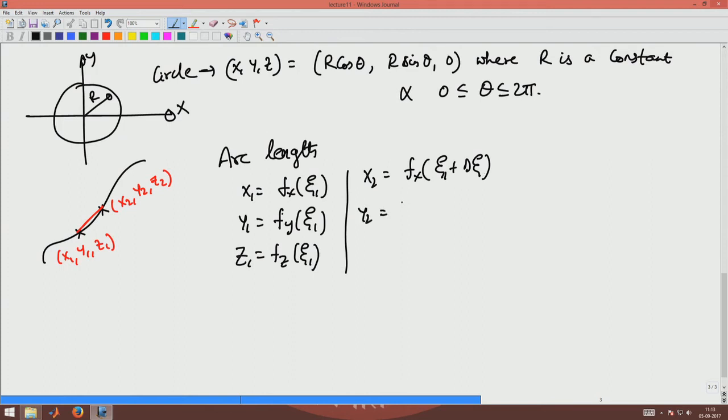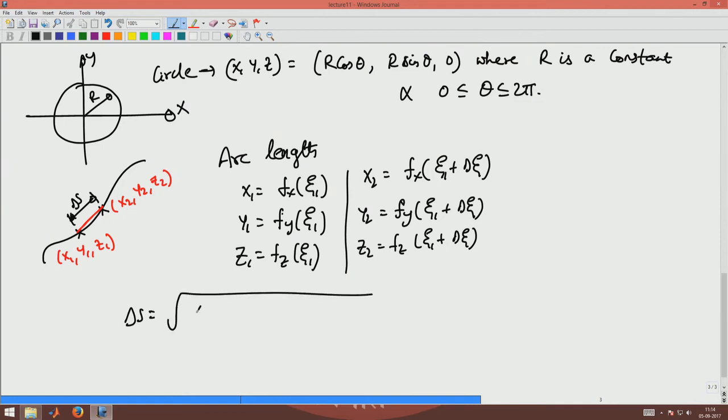Similarly, y2 would be f of y at psi 1 plus delta psi, and z2 would be f of z at psi 1 plus delta psi. So now what is the distance, what is the length of the line? If this length were to be delta s,